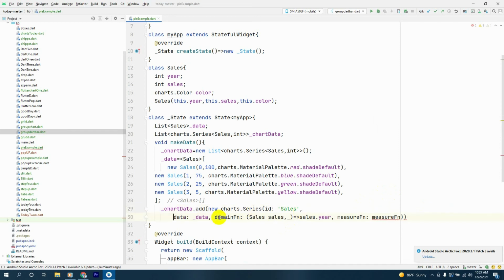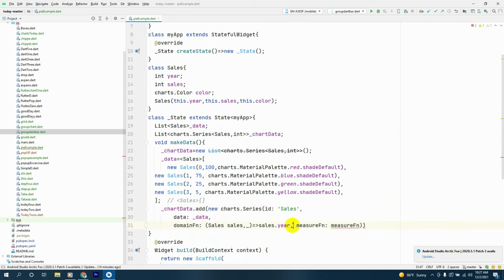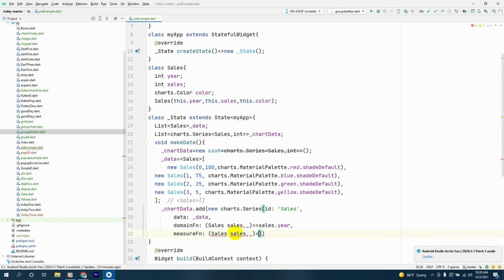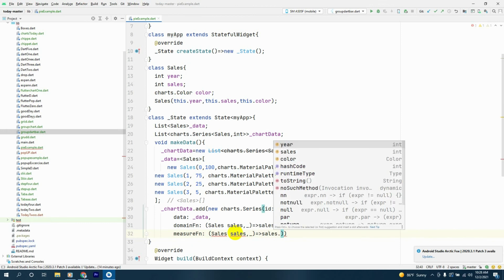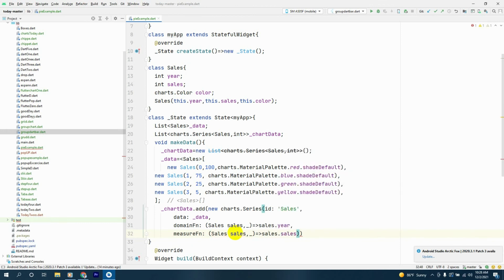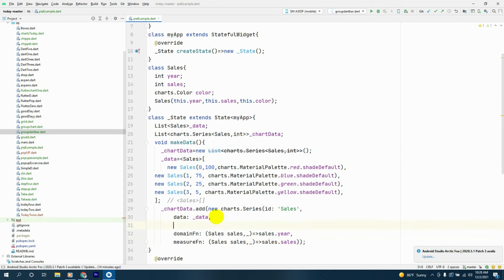We'll have this separated from here like this, and here the measureFn will be, we'll copy this from here and paste it here, and we'll say sales.sales. We'll close this from here, and we'll have a colorFn. It will also be equal to sales arrow function sales.color,